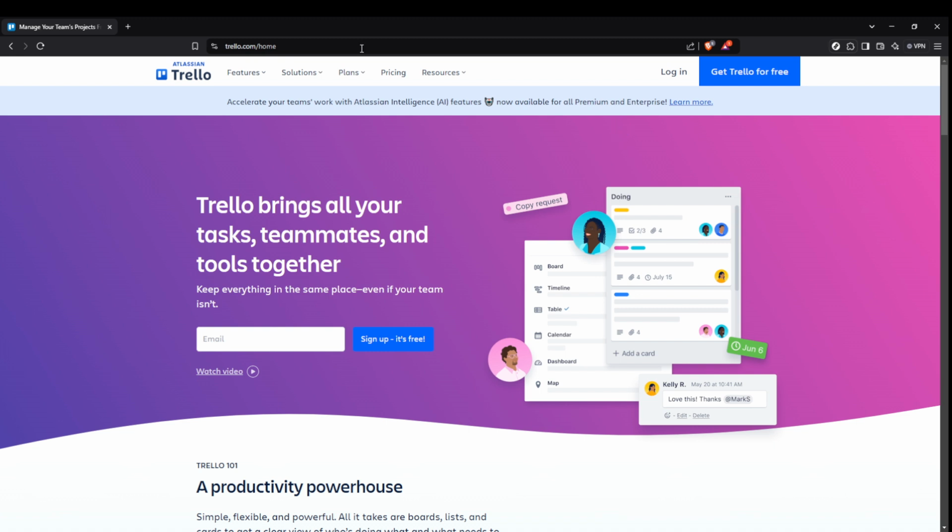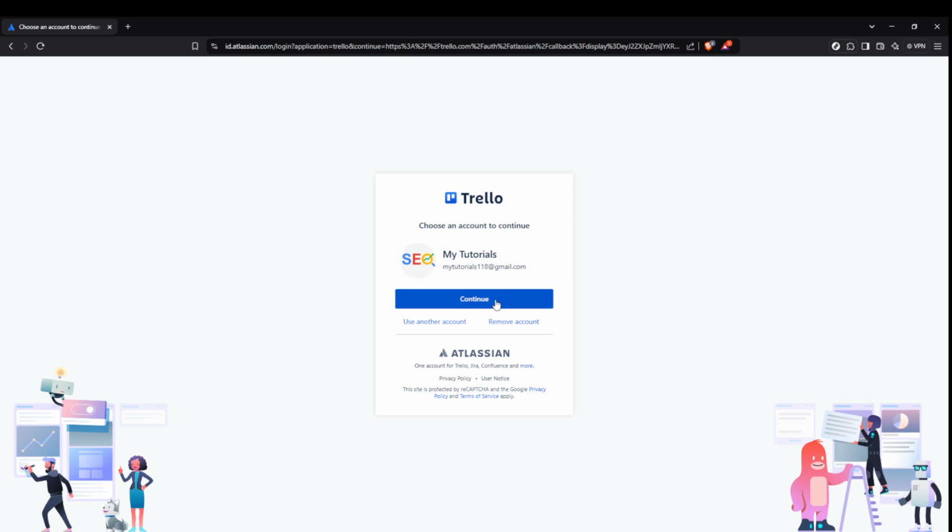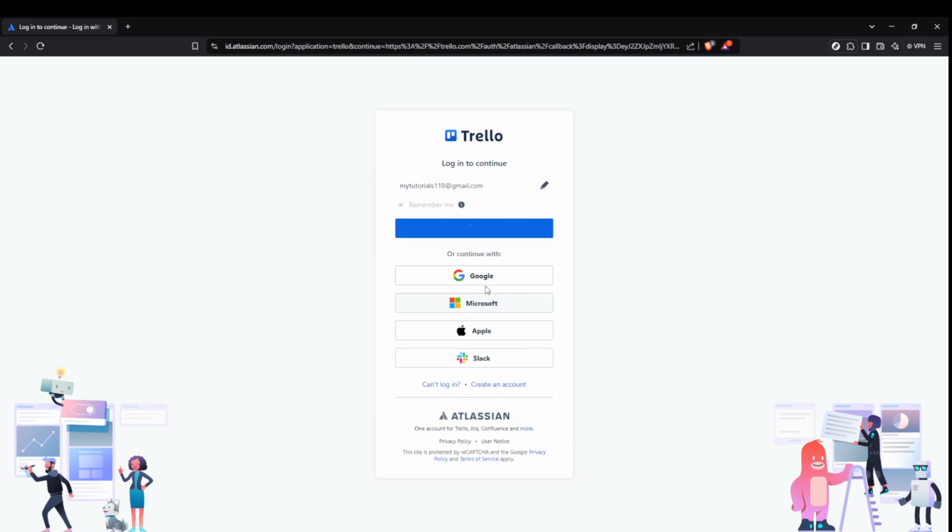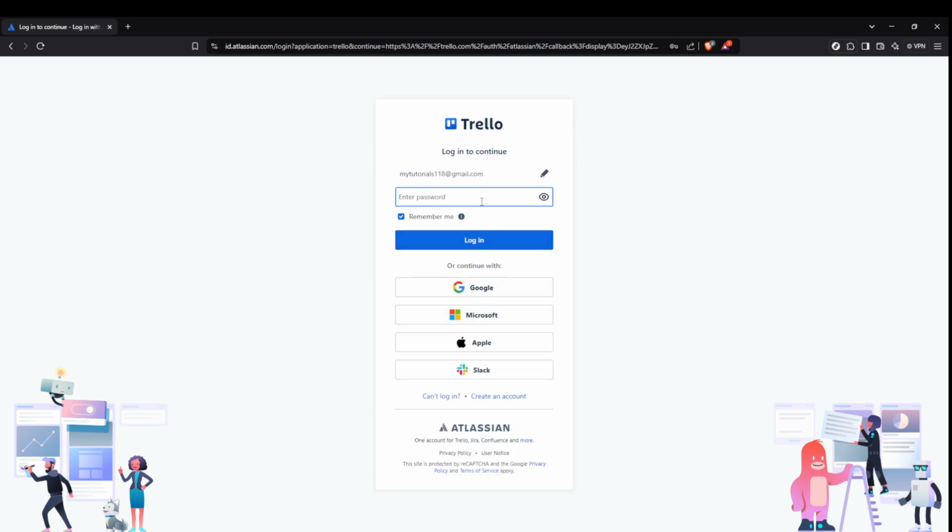First, head over to Trello's main website. Simply open your preferred browser and type in trello.com in the address bar. Once there, you need to log in. If you don't already see the login page, click on the login button, typically located at the top right corner of the home page. Next, you can choose to log in using your email or your Google account, whatever's more convenient for you. Enter your credentials, and once you've successfully logged in, you'll be redirected to the Trello homepage where